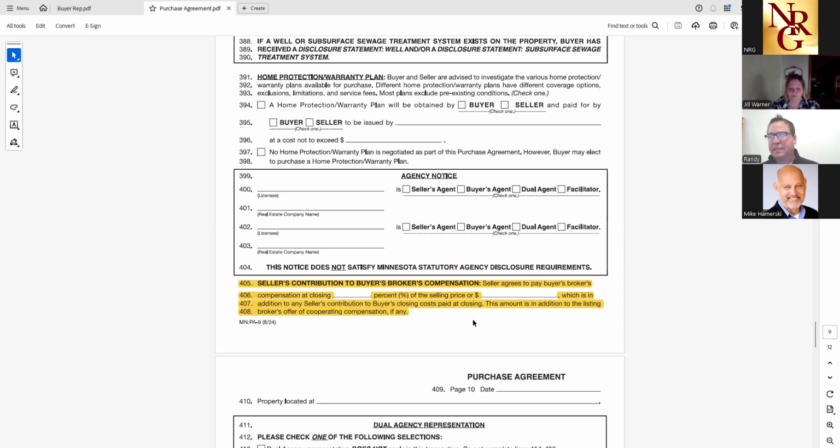I hope that that's kind of clear because it's a little confusing. We went around on this a few months back: you can't renegotiate the amount of the co-op, which means you're renegotiating the amount of the listing agreement to pay you. Since we don't have the ability to call into or look at the MLS anymore, let's just say you're out there and you have to write an offer and you never found out if you're getting a co-op,